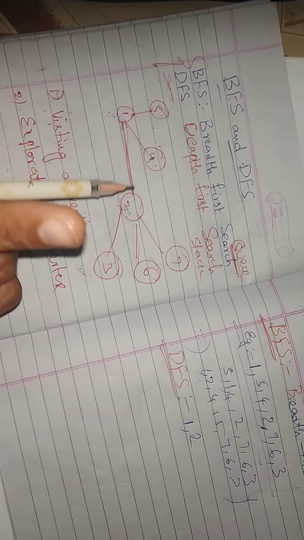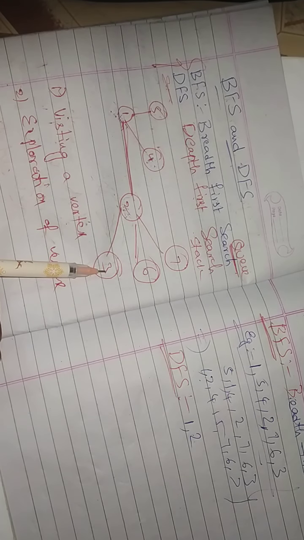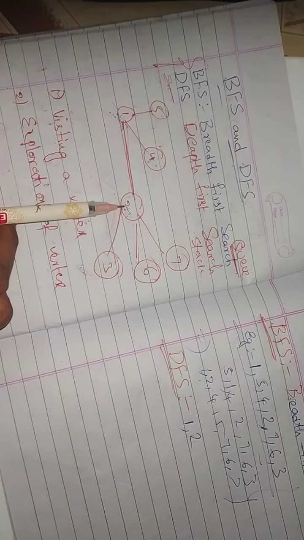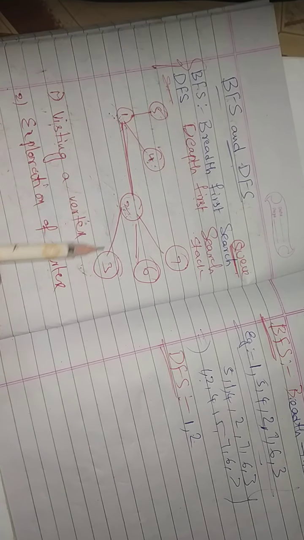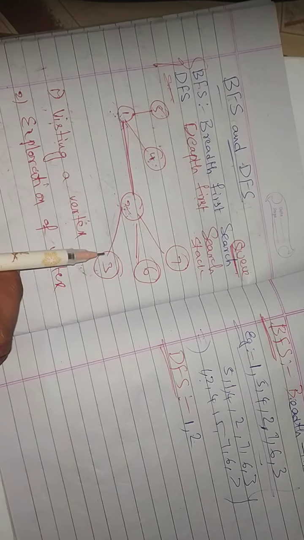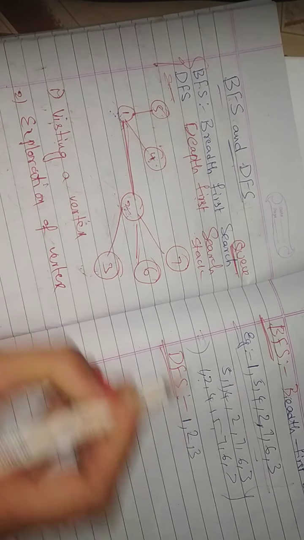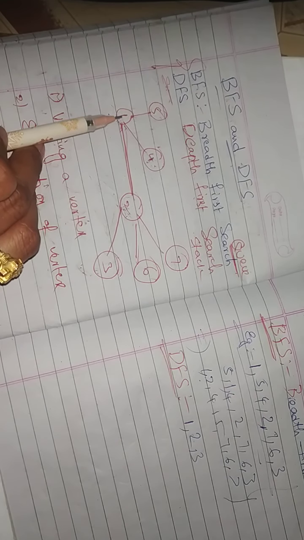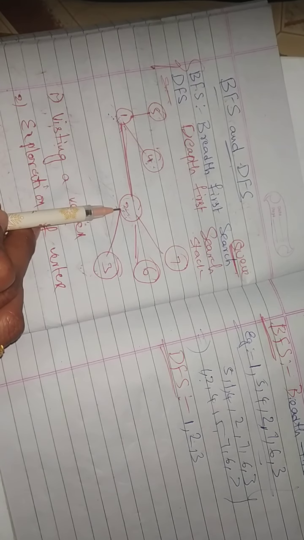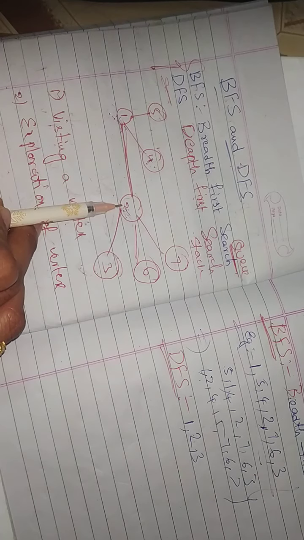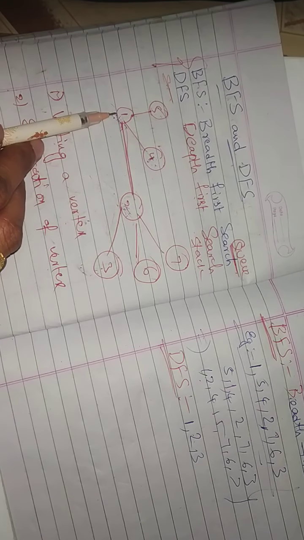You can take any one only. So I am taking 3. If it explores 2, so this connected vertex is 3, right? So I am taking 3. Okay, 1 I visited. So the connected vertex of 1 is 2. I visited. The connected vertex of 2 is, I am taking only 1, 3.